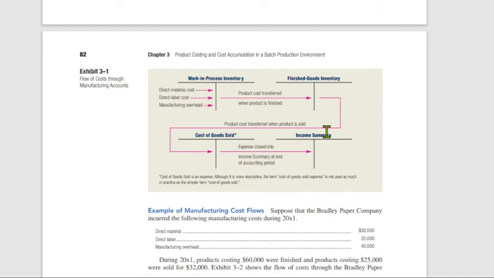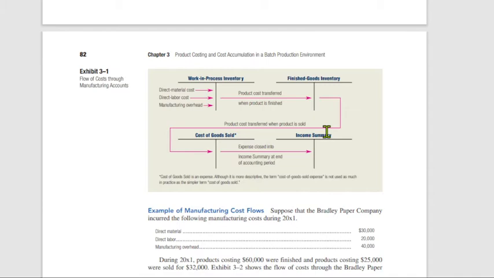Kaya wala kang masyadong makikitang cost of goods sold expense because sometimes madali sa atin tingnan ang account title by looking at whether it is an expense, whether it is a revenue, but cost of goods sold is an exception. So we look at cost of goods sold as an expense,